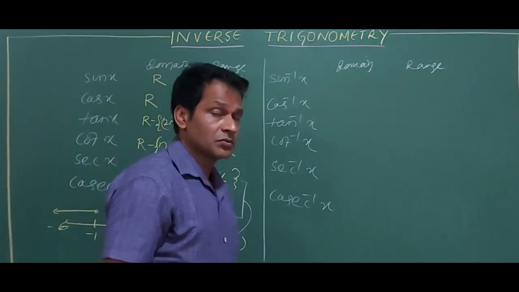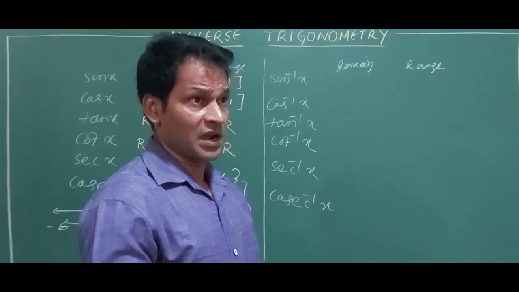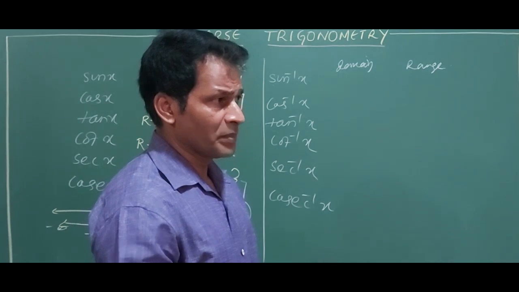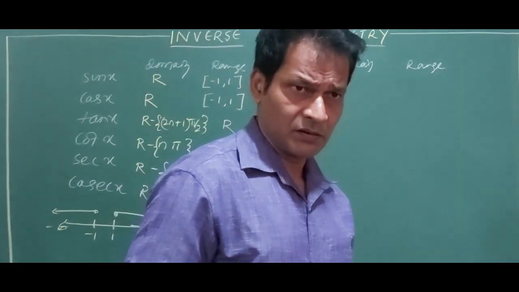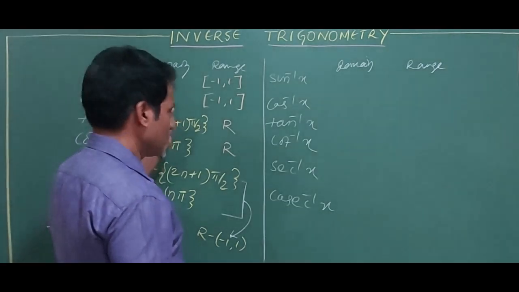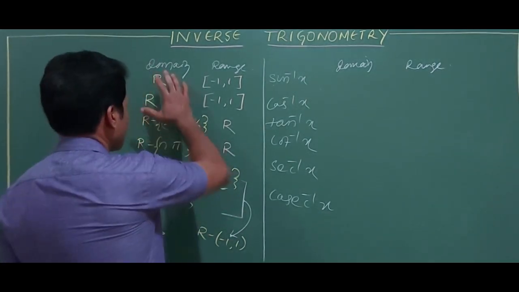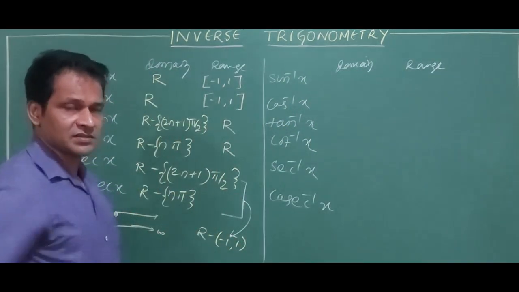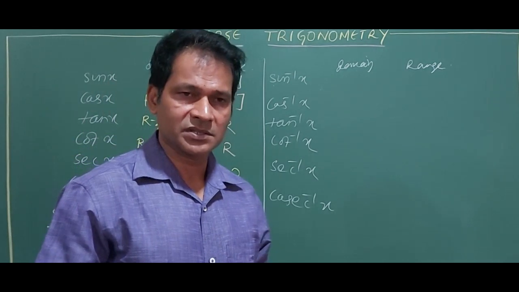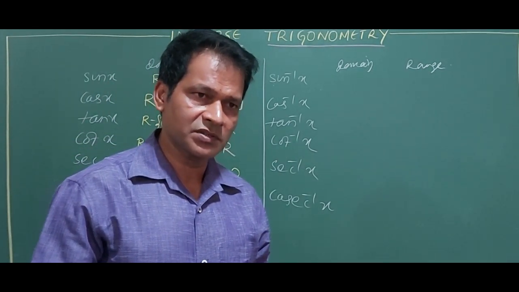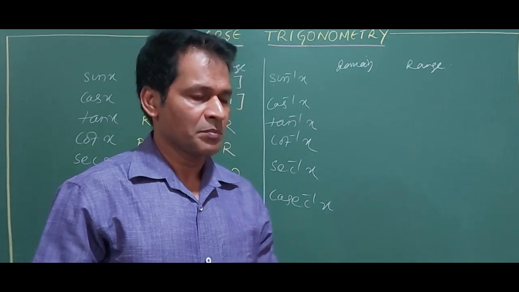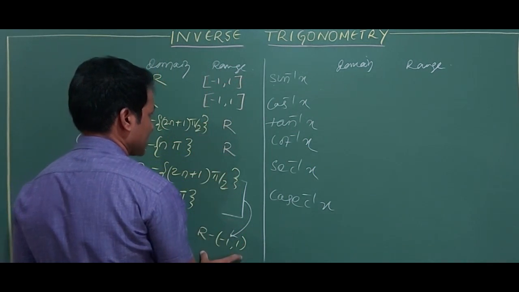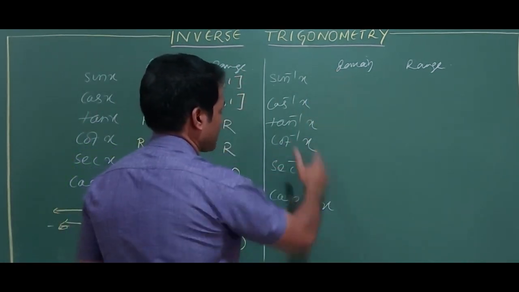Now, when I convert to an invertible function, if I convert sine to invertible, there will be some restrictions. Then the domain converts to range and range converts to domain. But none of the functions are 1-1, so I cannot copy this domain into the range. But they are onto functions. Sin x gives you all the values from minus 1 to 1, cos x also, meaning all the trigonometric functions are onto. Onto means I am thinking about the range, and this range will become the domain because this is an invertible function.